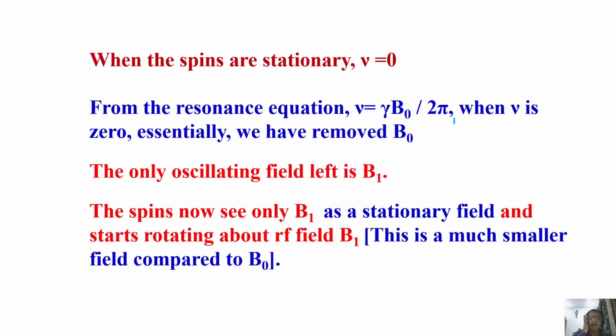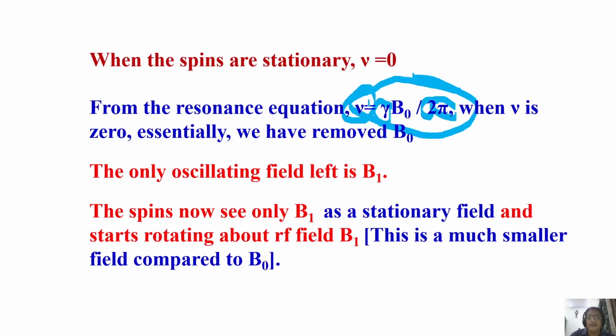Okay. Now, what do you mean by spins are stationary? It is precession frequency 0. So I put nu is equal to 0. What is my resonance condition? My resonance condition is nu is equal to gamma into B naught over 2 pi. I am going to put nu as 0, assuming this is my condition because spins are stationary. When this is 0, this is constant. I don't deal with that. This is constant. I cannot play with these three parameters.